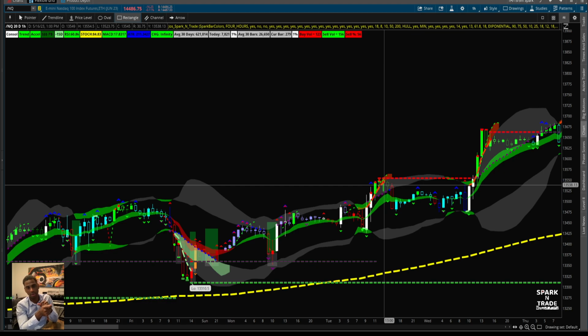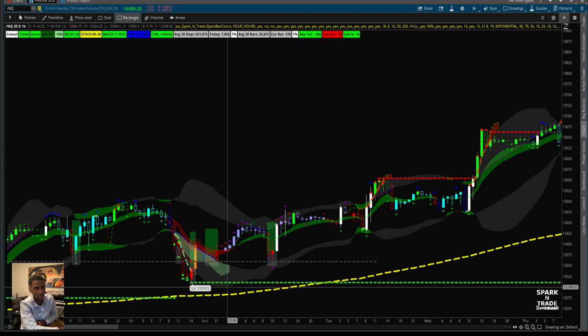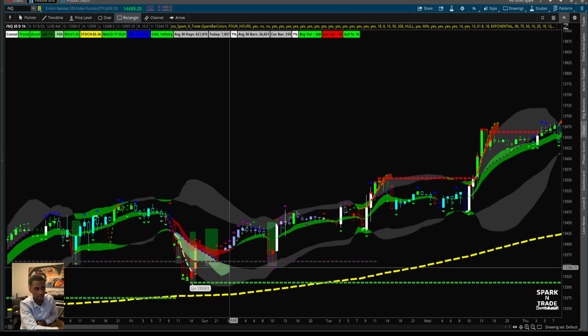Anytime you get this leg here, this red line there, that is when the price is exiting the top of the Bollinger Band, and I have some moving averages that are hidden until X happens, and in this case, that X being that price is pushing above the top of the Bollinger Band. So here's the top, here's the bottom, here's the top of the Keltner channel, here's the bottom of the Keltner